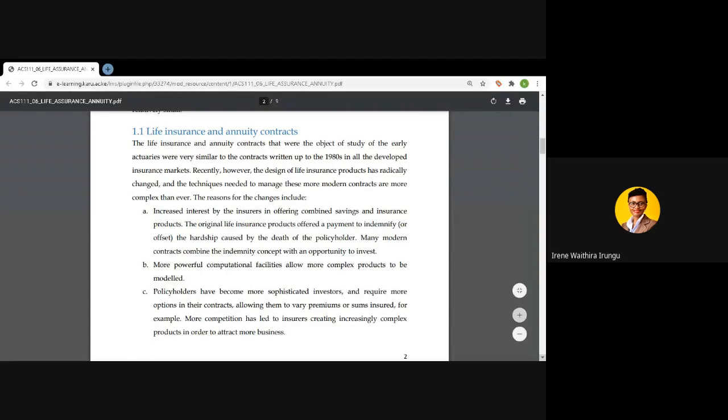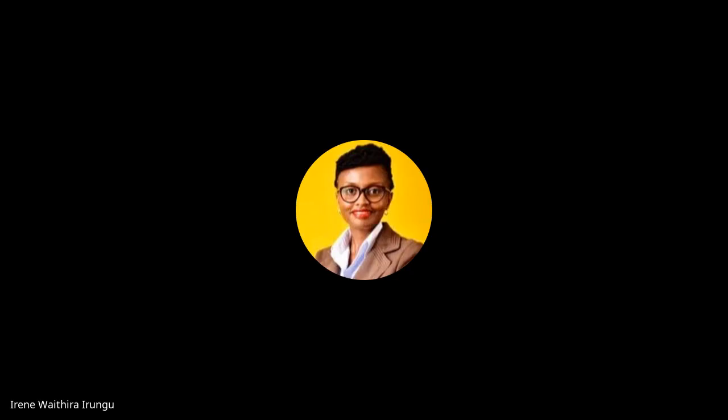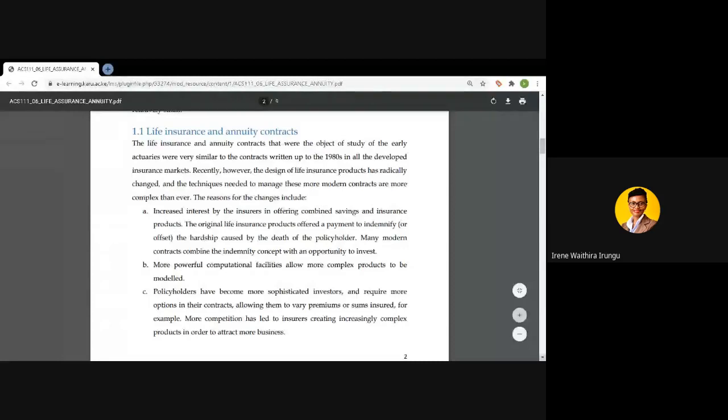Another reason is that now there are more powerful computational tools that allow for complex products to be modeled, so that now you'll have the modern products incorporating both the insurance element as well as the savings element. Another reason why there has been that transformation,